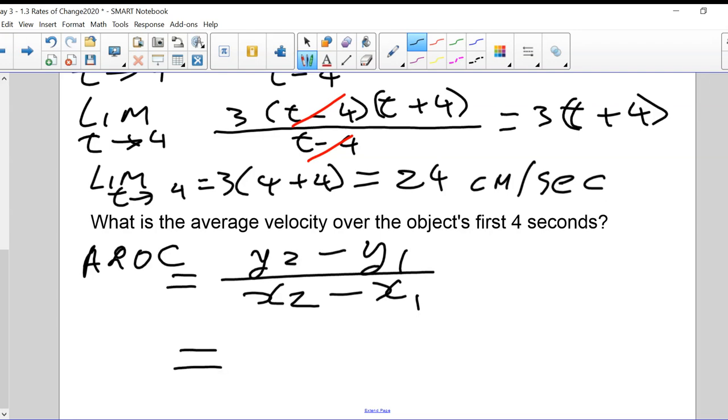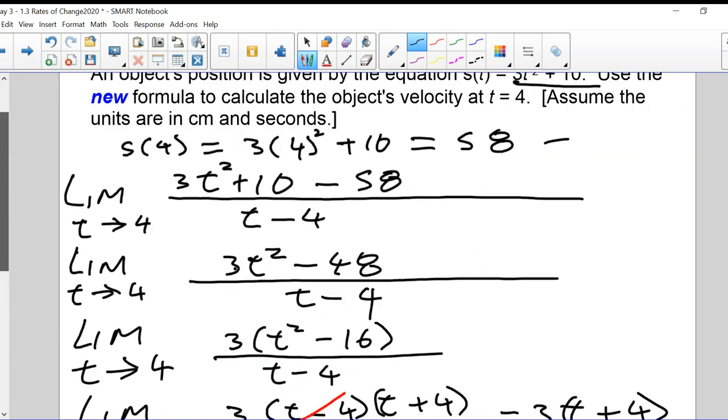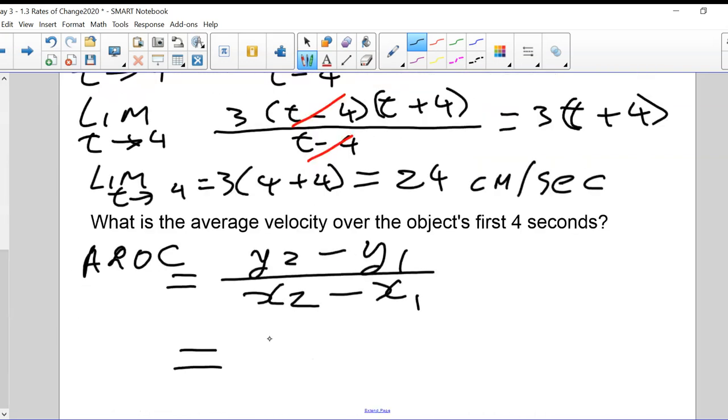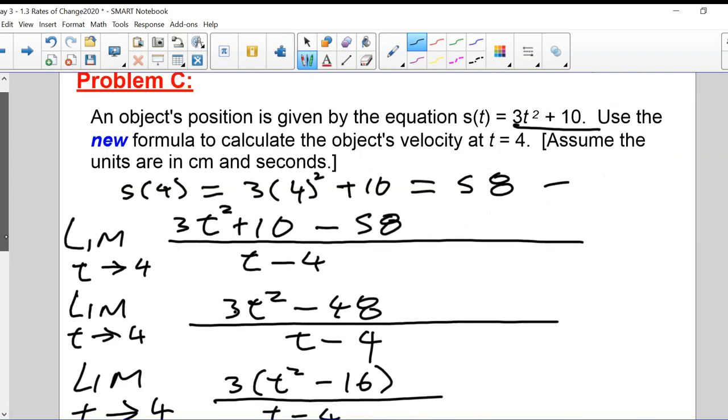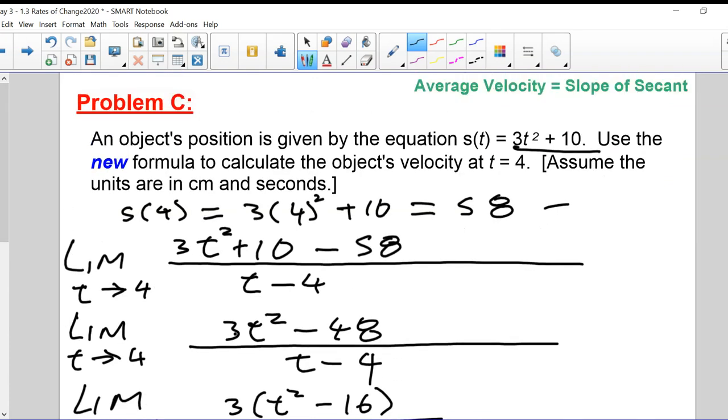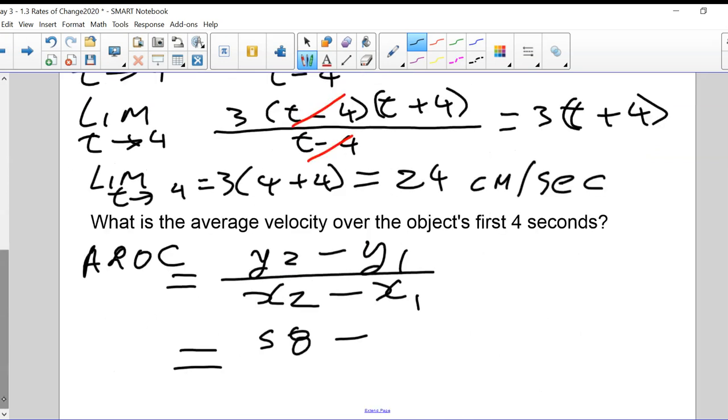Y2 would be the value of the function at the end, which we already worked out to be 58, minus what was the value of the function at the beginning? Well, that's just plugging in 0 into the function. And 0 into the function gives us 10. Hopefully that makes sense. Just putting 0 into the 3t squared plus 10 gives us 10. So minus 10